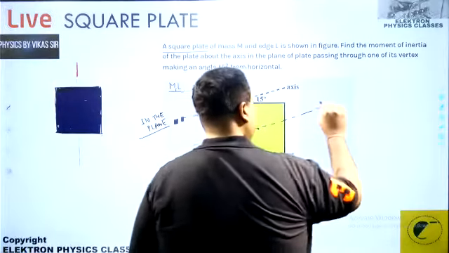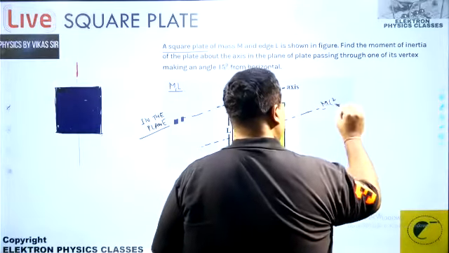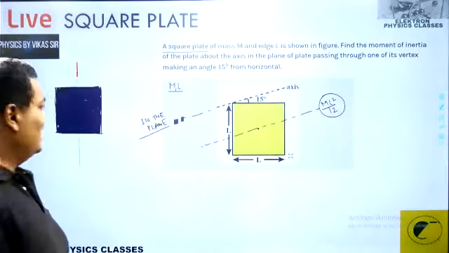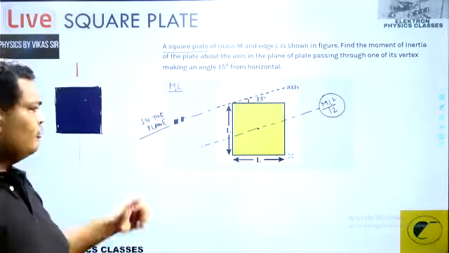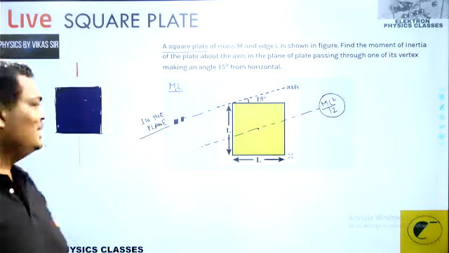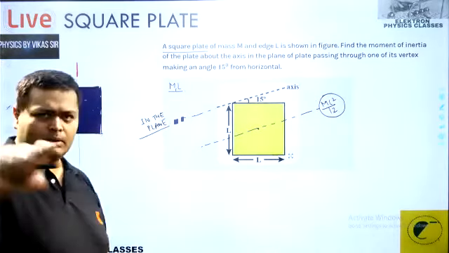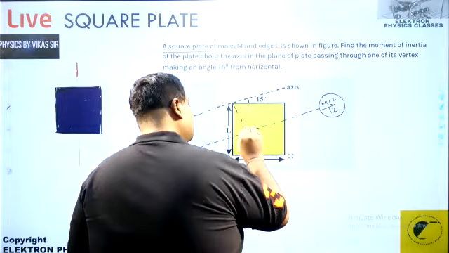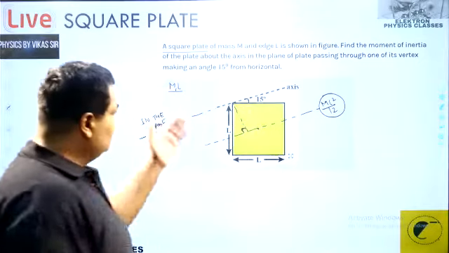So over here, the moment of inertia is supposed to be ml square by 12. I know the fact because of the concept we just did, and then I can just shift it and complete my question. For that, I require the perpendicular distance, and there you can make a mistake, which you must not: if you drop the perpendicular here, this will be the perpendicular, and that will not be passing through the diagonal.